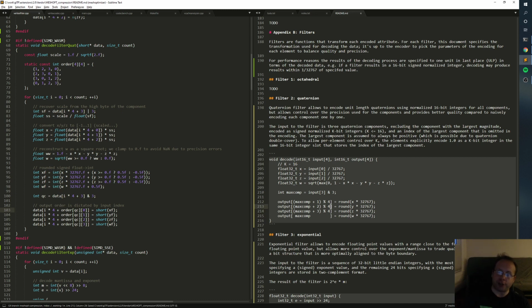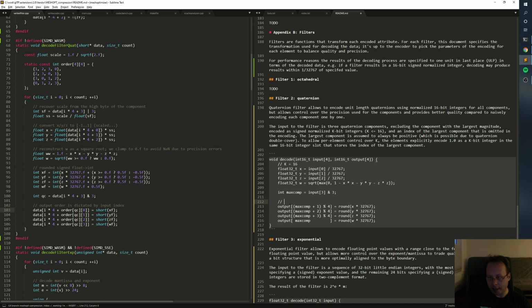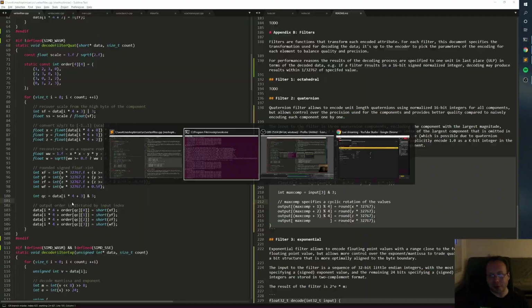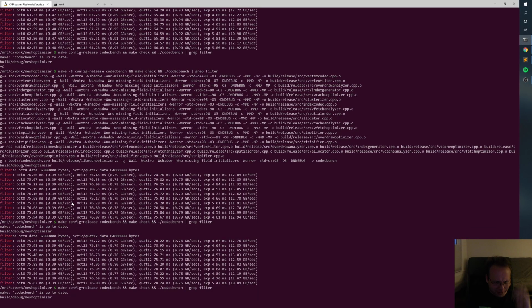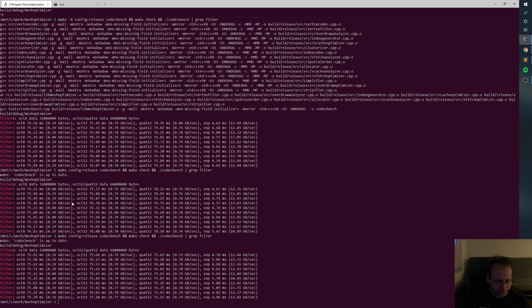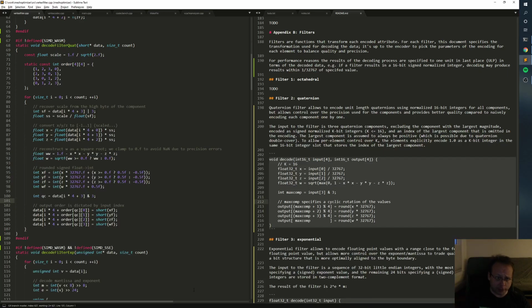And this is a rotation, right? So I'm going to say max comp specifies a cyclic rotation of the values. I guess all rotations are cyclic. And so again, for reasons unknown, I don't actually do this in my scalar code. Let's actually do this in my, oh, no, okay, it's all good, I think, yes. Maybe it makes the scalar code a bit faster, or maybe GCC starts vectorizing the scalar code. So we're looking at the Quaternion stuff, which decodes at 800 megabytes a second without